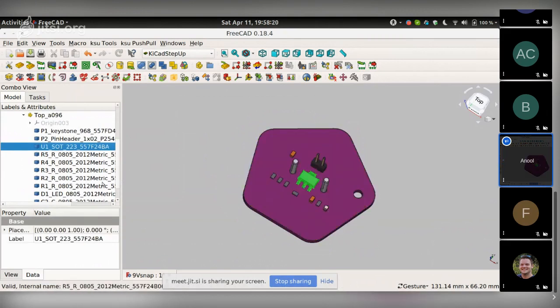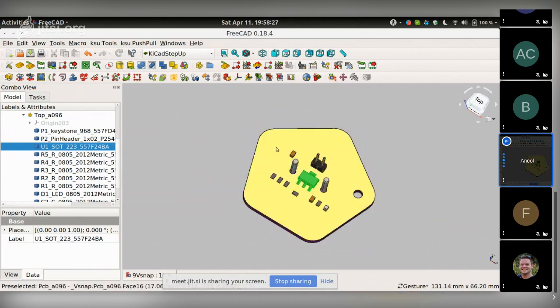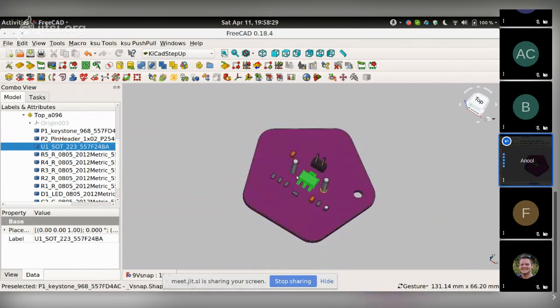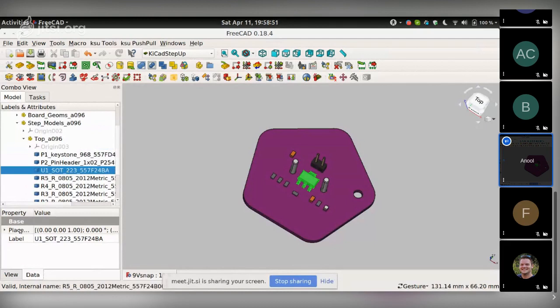And I want to move its location because let's say that this wasn't aligning up with a certain feature in my mechanical enclosure. Let's assume that this was a switch, for example, or an LED instead of just a voltage regulator. So I need to move the position of this so it matches up nicely with whatever is happening in my enclosure. So I select the step model for the voltage regulator under the step models, and in its properties for the placement,